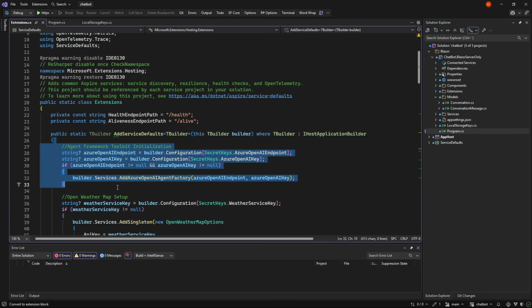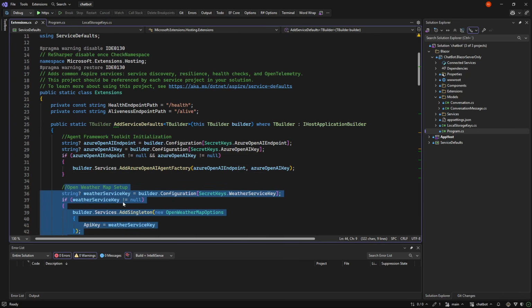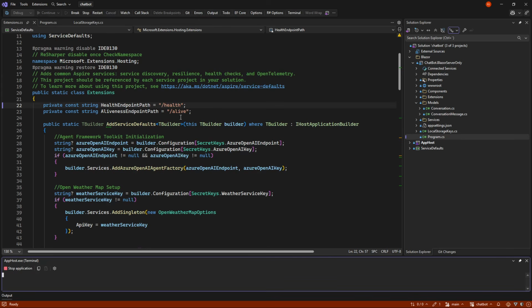So we get our AI factory from the Agent Framework toolkit, and we're getting a little bit of setup from a Weather Maps service, so we don't just make dummy tools, but actually make a real tool that goes out live and grabs data from a weather service. Let's run it, and then we'll jump into the code after the fact.